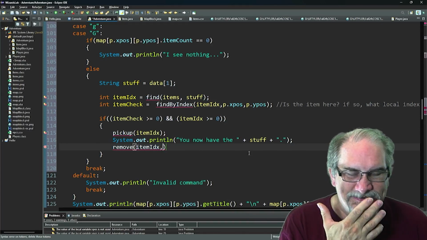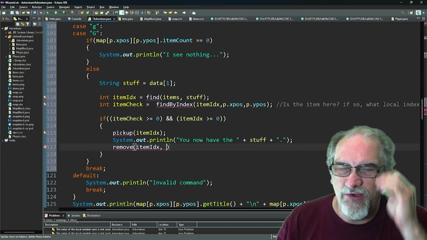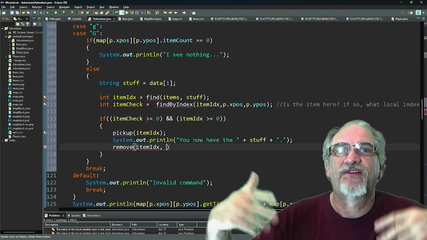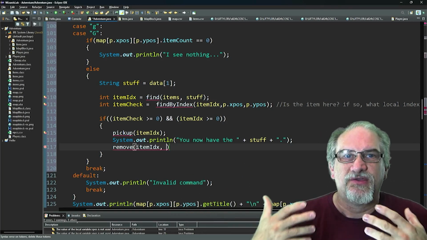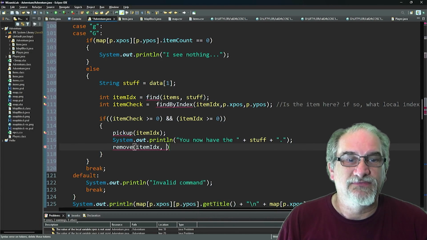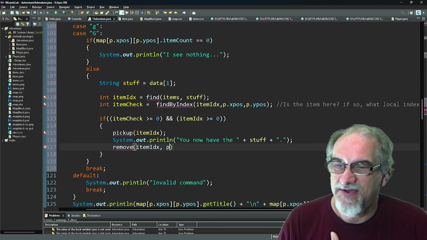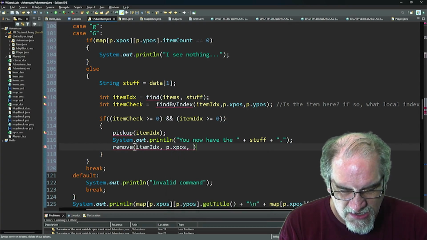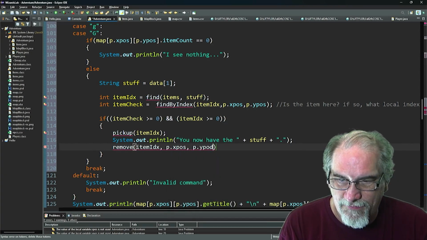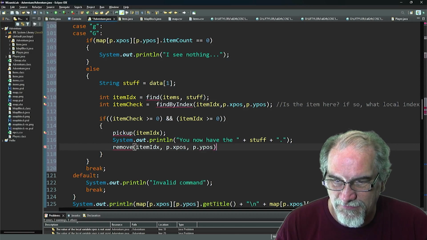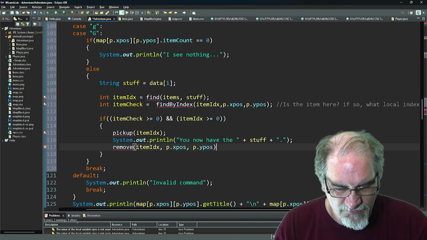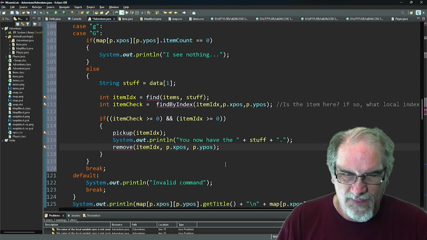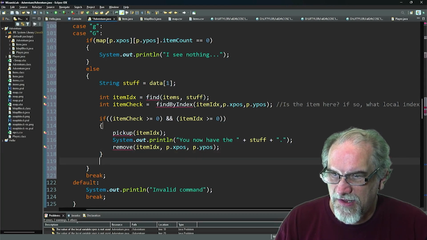All right. Where are we removing it from? Well, the map block where we are. We already verified it was at this map block. So where are we? The player, P, is X position, and P dot Y position. Oop, yeah. All right. Now,